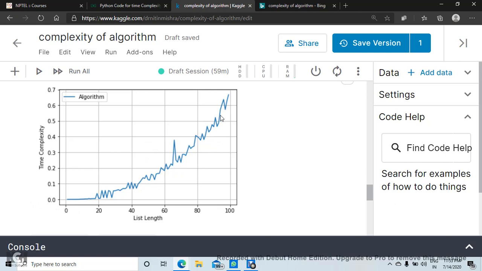So these two algorithms you have to do in your lab sessions also. Okay, so you can pause the video, go for these two algorithms, and you can have two more algorithms of your choice. So that is all for today.